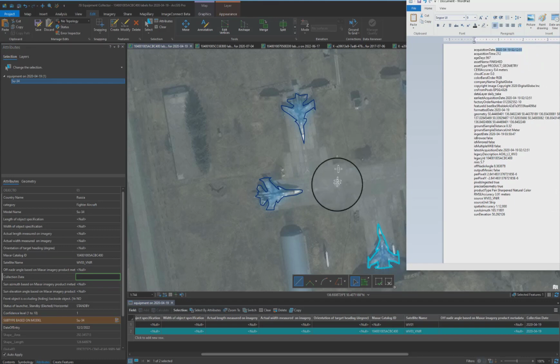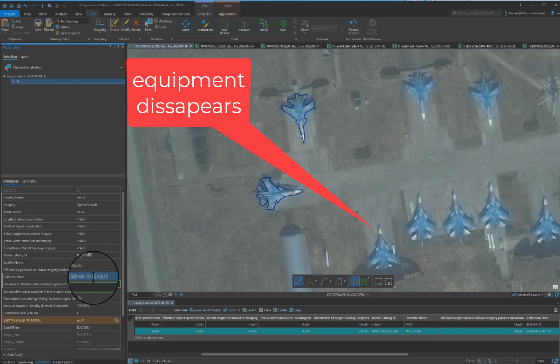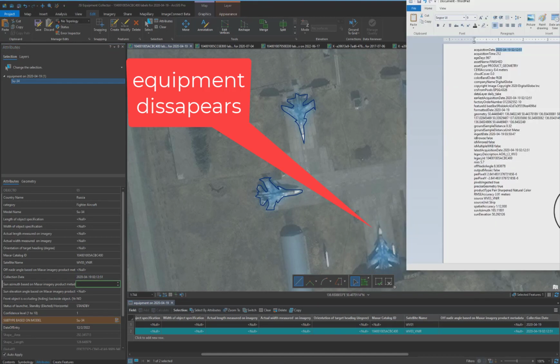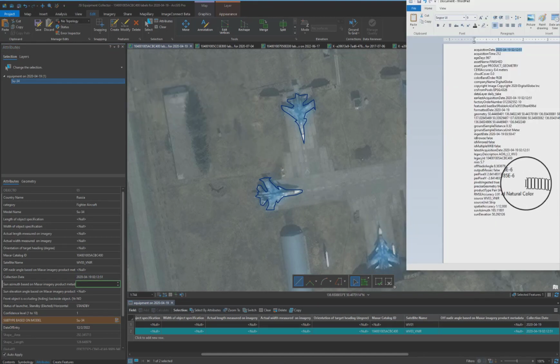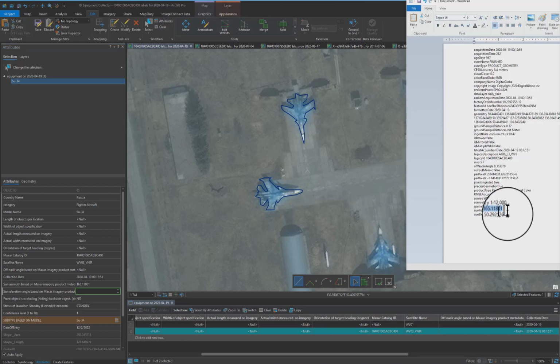You're going to get the date. The date needs to be just the date, not the time. You'll see that the plane actually disappeared when we did that. It'll come back here in a second. So I'm going to grab the sun azimuth and paste that in, and then go grab the sun elevation,